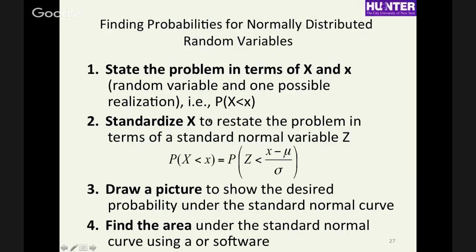Then you standardize X to restate this in terms of the z-score. So then it would be probability of Z less than 1 or something, if it was below 1 standard deviation. You draw your picture, shade it in, and then find that area using your probability function or table or the empirical